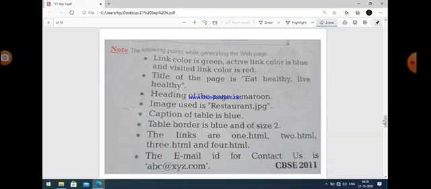That requirement is always given in the question. The requirement is basically related to the different colors or names, or the different link names are also given, and different images. If an image is used, then the image name will also be provided for you in that case. Okay.